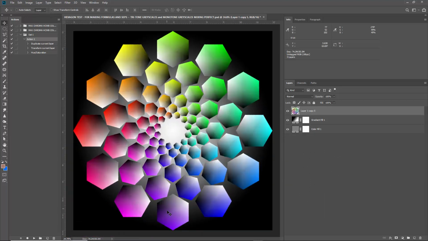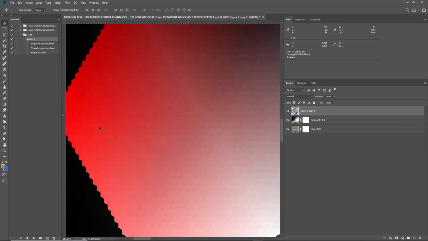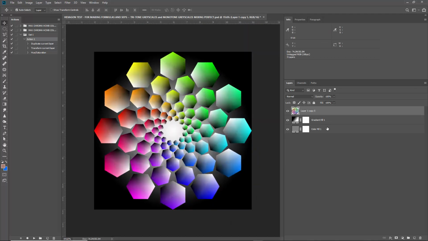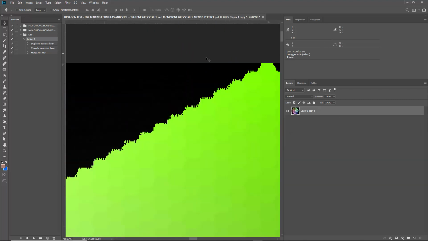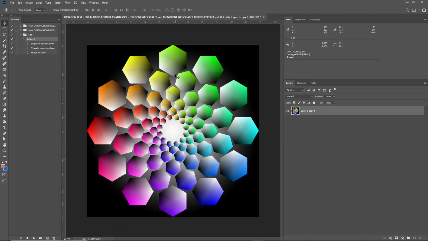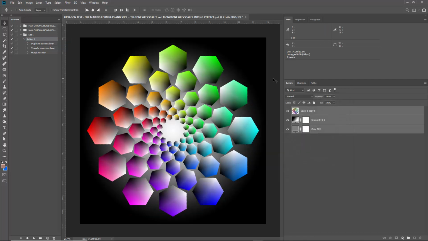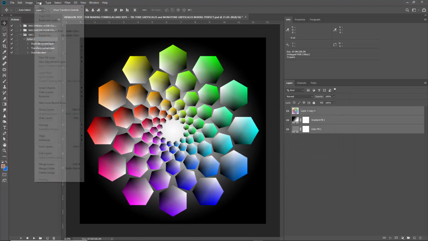Oh, did that go to the edge? Did I crop this out to the edge or something? Oh yeah, I did have them at the edge when I started the file. Okay, so let's just merge this down, flatten it, right? I don't like that anti-aliasing showing the edge. Let me undo. We'll put a little bit of a border. So image canvas size, and I'll just do it 13, 13. Sorry, I hit the microphone. Okay, layer, flatten,